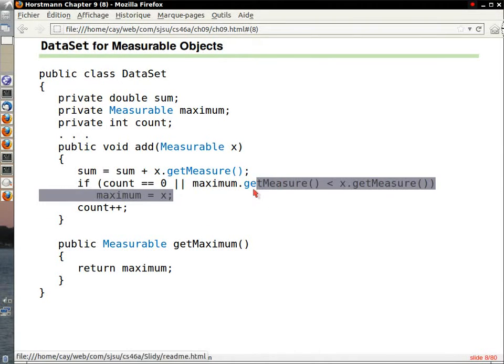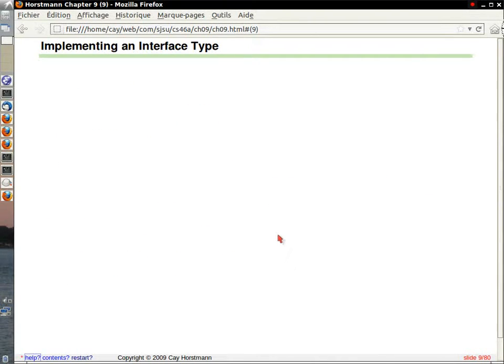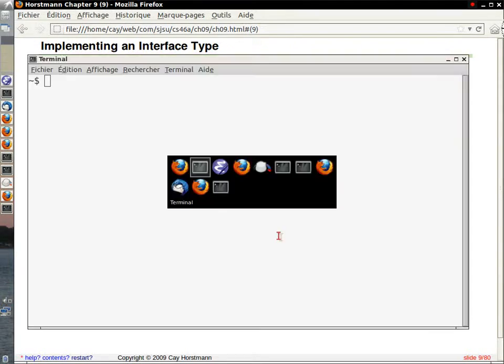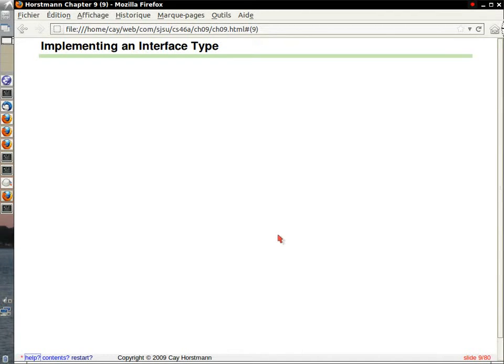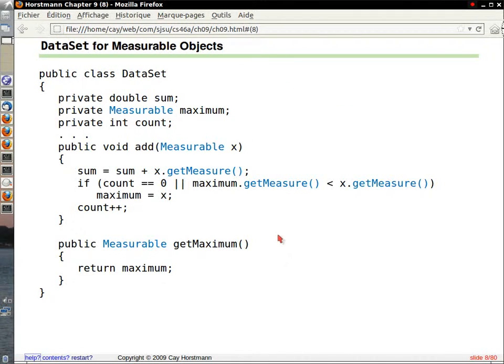I have no idea how this is not working anyway. Let me try something. Oh, yeah,